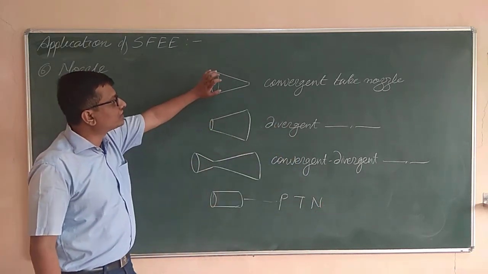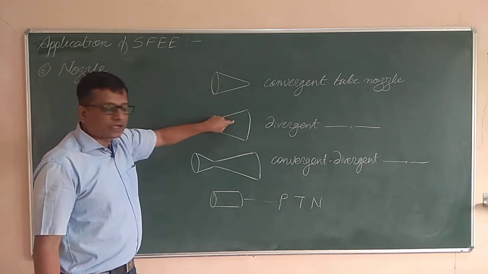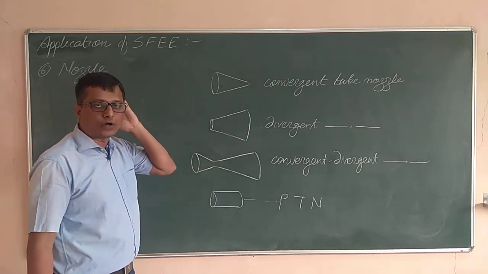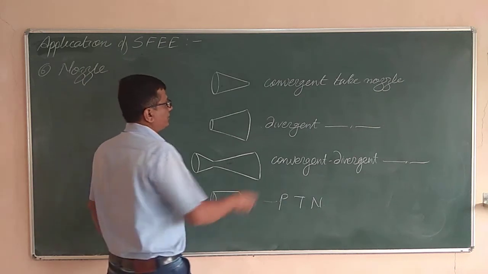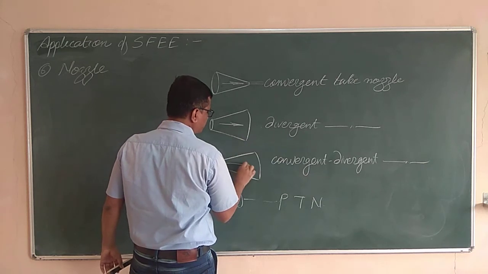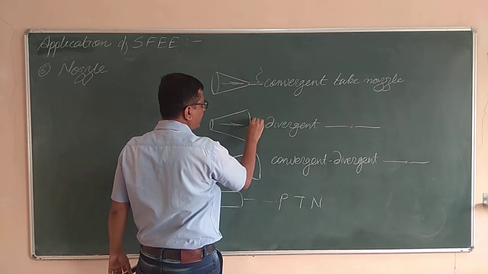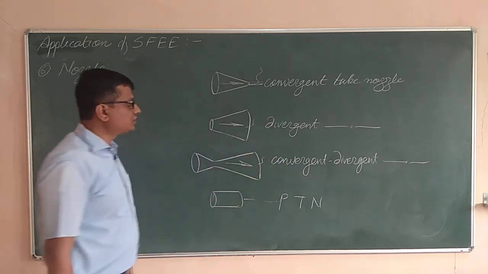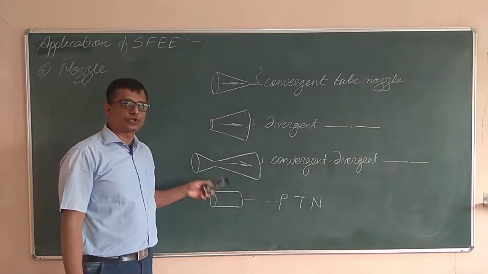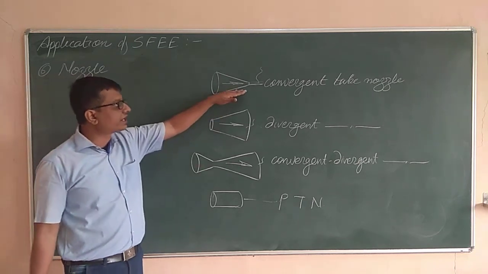Mainly we deal with the convergent tube nozzle. This is mostly applicable for the liquids. This is applicable for the gases, and that too with very high pressure. Whenever we need to have a very high speed of the fluid, if the direction of flow of fluid is in this way, then we have to shift to the convergent divergent tube nozzle. With the aid of this nozzle only we can have the supersonic speed, that is speed equal to the speed of sound. Otherwise, with the aid of this tube we cannot have that high speed.